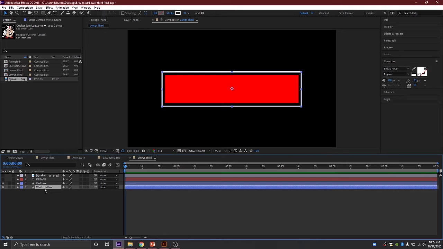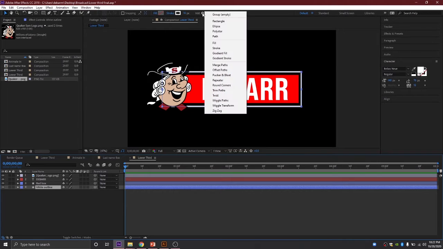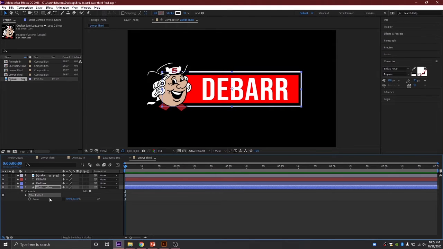All right, so now with white outline selected, I don't want the whole box here. I can bring back the name, Quaker Sam, and my last name as well. So with the white outline layer selected, I'm going to come up here to this little triangle next to add, and I'm going to add trim paths. And then these trim path options should show up. We have the start, the end, and the offset. So what I want to do is,